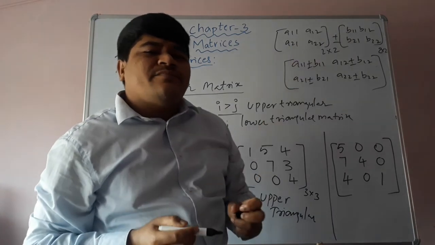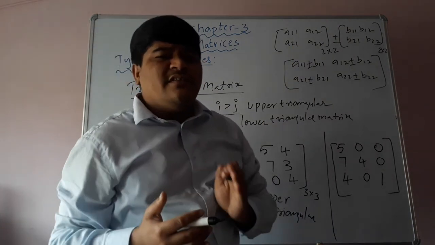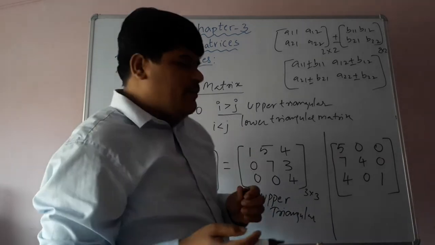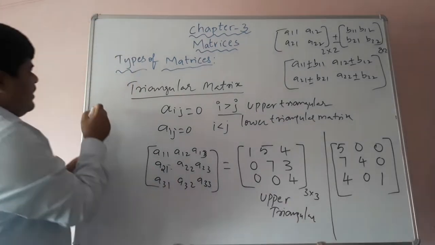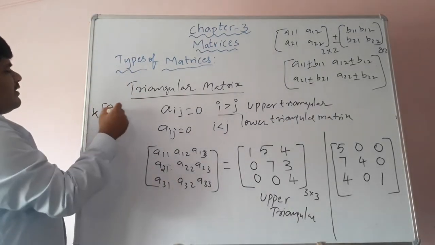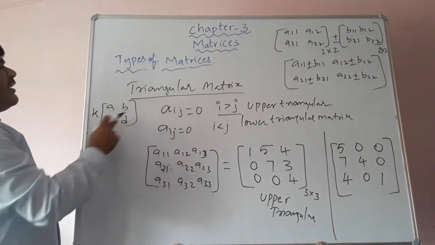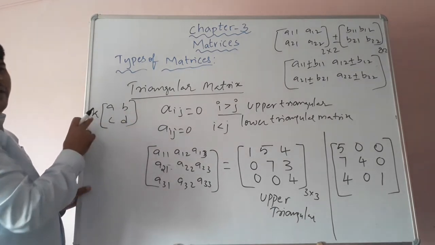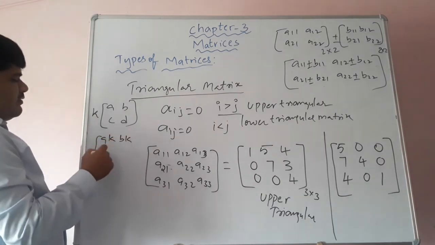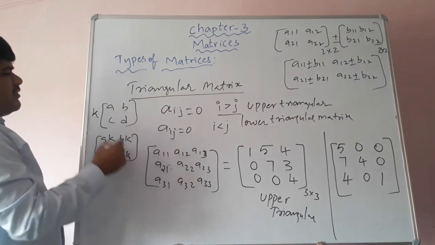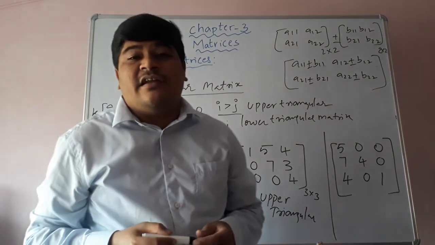And next, children, scalar multiplication. In this first exercise we will do sums regarding scalar multiplication. If k is any non-zero number, then each element of the matrix should be multiplied by k. Suppose the matrix is a, b, c, d, with k a non-zero number. Then we get ak, bk, ck and dk. This is called scalar multiplication. And children, one more type of matrix is there, that is the null matrix.